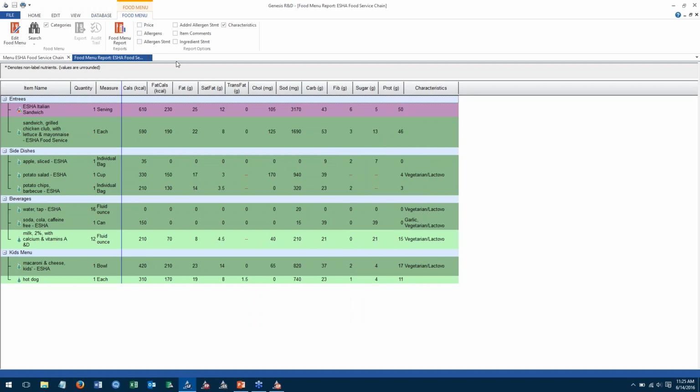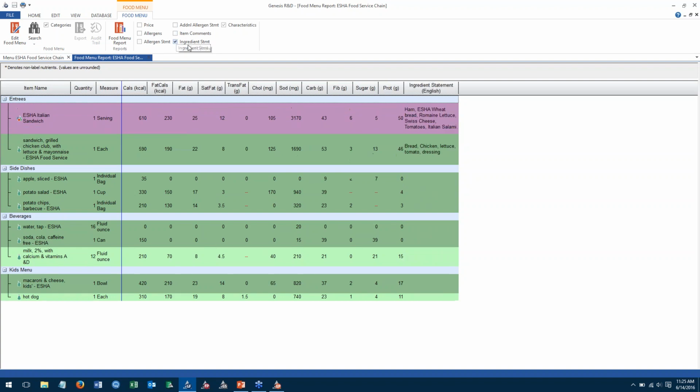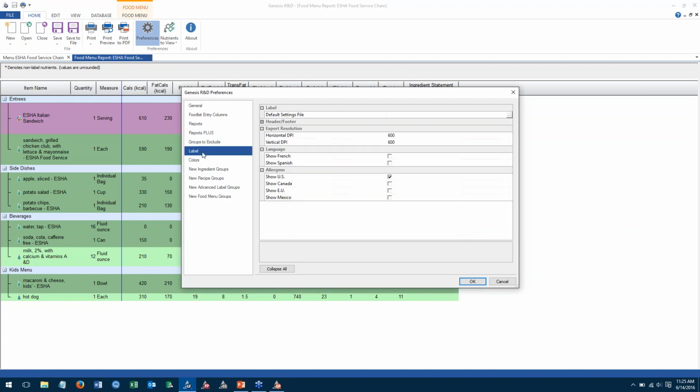We move back over to the food menu report, the allergens and the ingredient statement. We see the ingredient statement is just showing English right now on my application. You can change which ingredient statement languages show up as well as which allergens show up simply by going into Home, Preferences, Label,